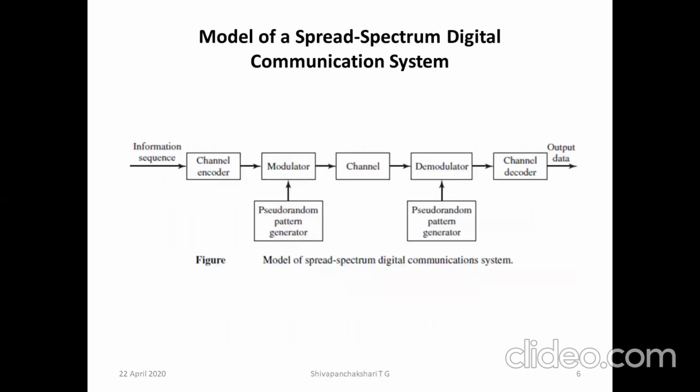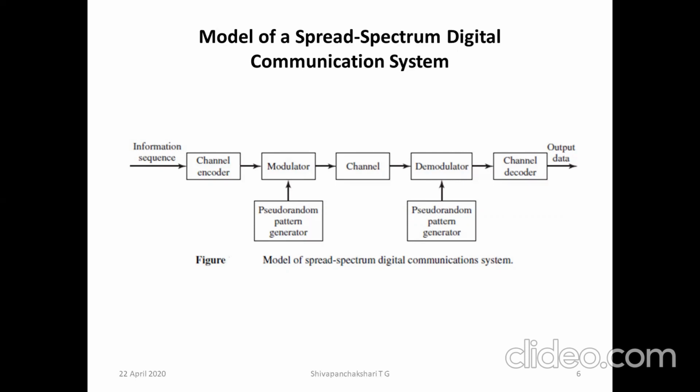So here I have given you a block diagram of the spread spectrum technique. As in most communication systems, the information binary sequence is applied to a channel encoder. The channel encoder makes the signal stronger against channel disorders so that minimum errors are introduced at the receiver. After channel encoding, the signal is modulated